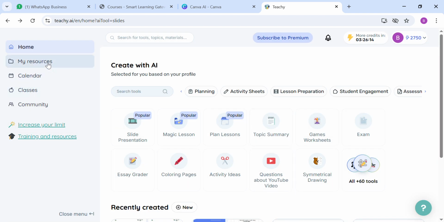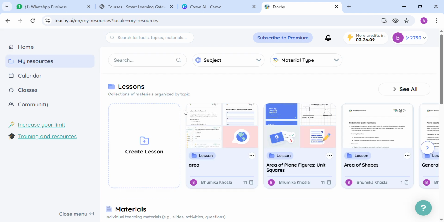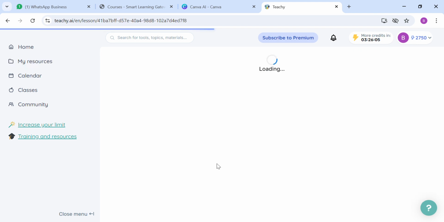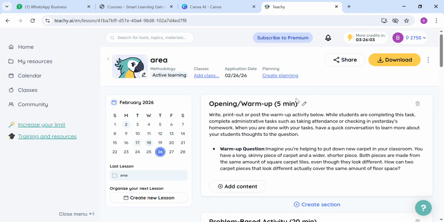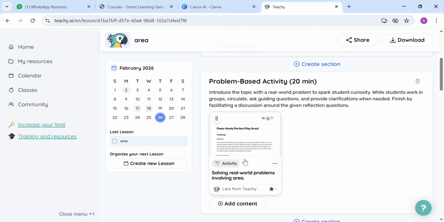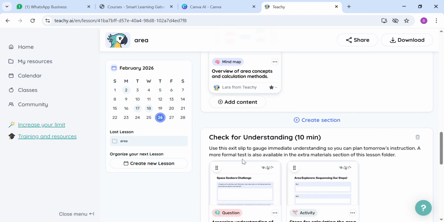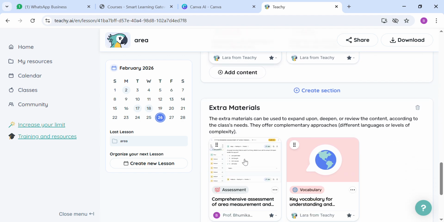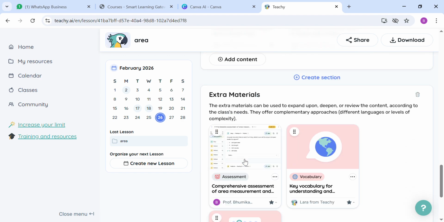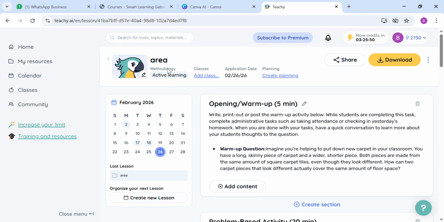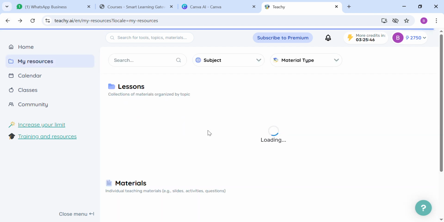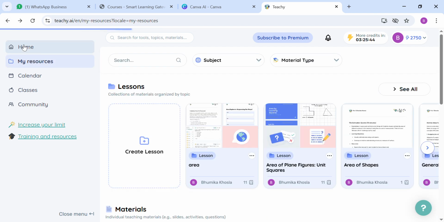So on this side you can see my resources. Once you click on this, you can view all your resources here. So in this area lesson, when I click on this, I will get all my content, whatever I have created, because everything I put in this folder. So this is all about the first tool which we have discussed,